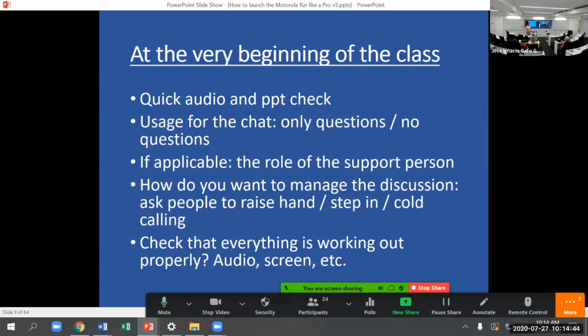At the very beginning of the class, I think it's important that you explain to students how you're going to work. In our case at IE, we decided we are not going to impose a standard, so professors are going to have some freedom. For instance, in my class, I'm not going to ask the,